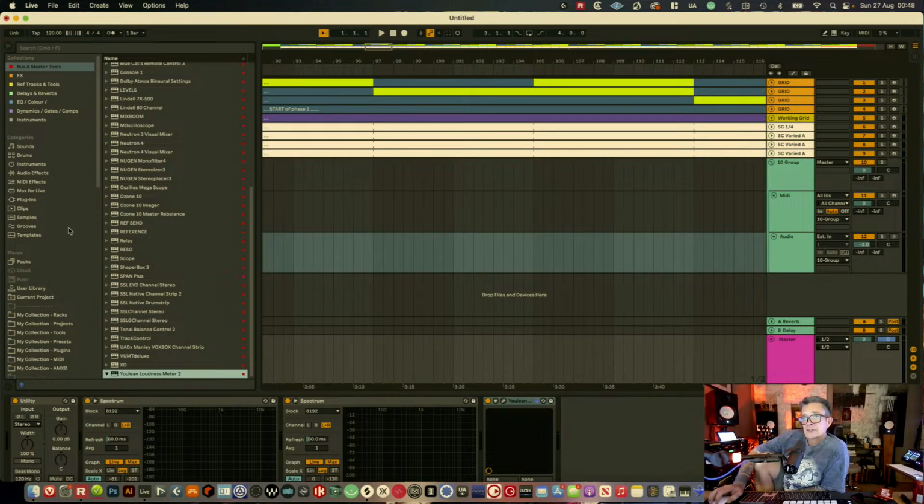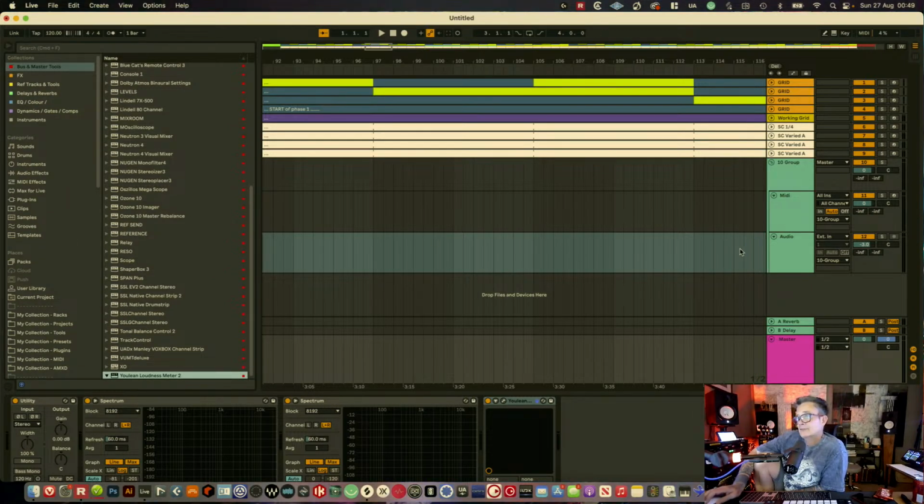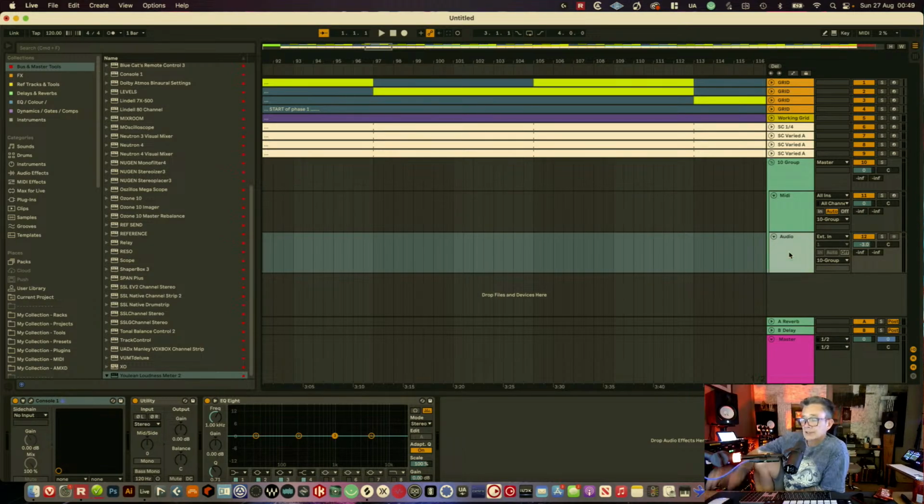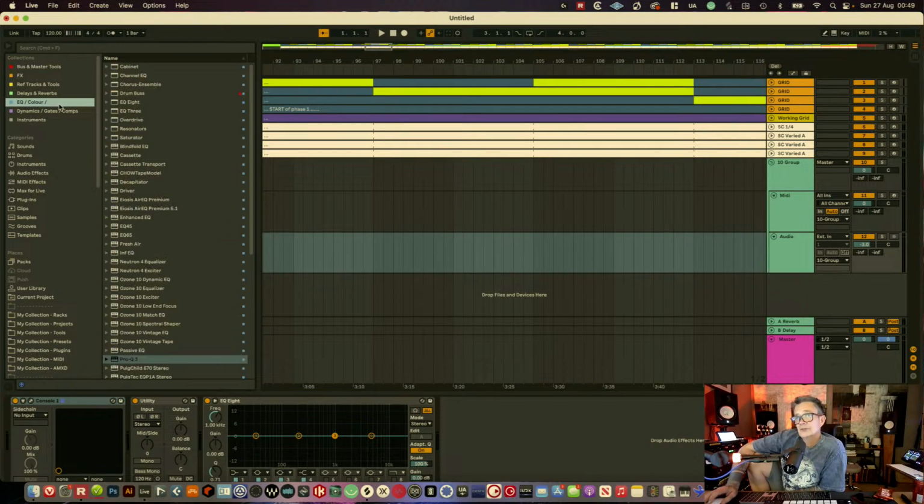Then there's a couple of other stuff that I like to chuck in as well, and I may well turn it off, right? But actually I don't particularly like, even though I use the EQ8 in here on my defaults for my MIDI and audio, I pretty much use those for a low cut or a high cut. That's all I really use them for. I find them better to get on than the auto filter, so that's why I stick them there. If I'm ever going to do any EQing, I don't use that, right? I'm going to generally use something like